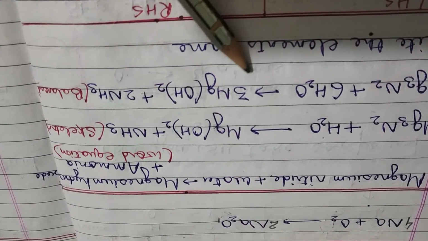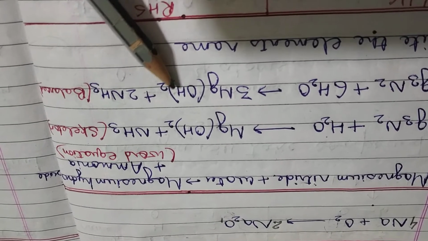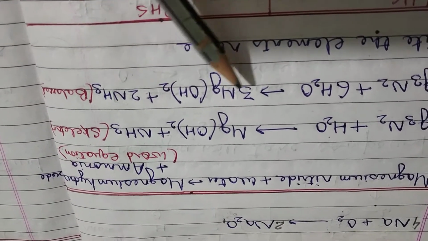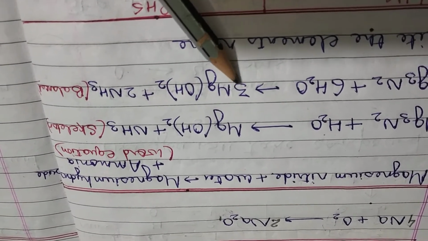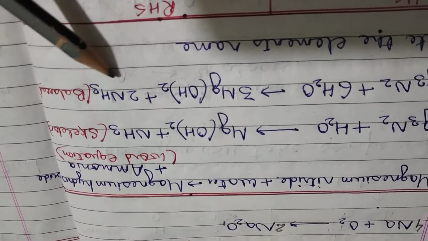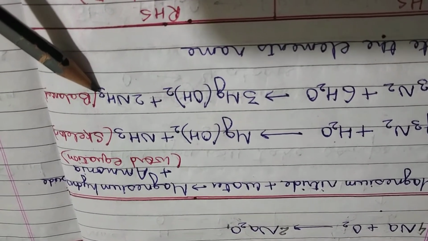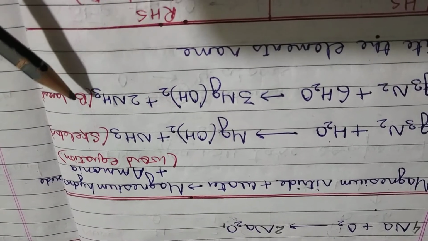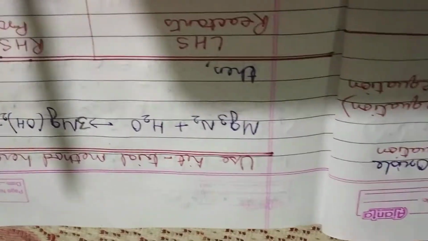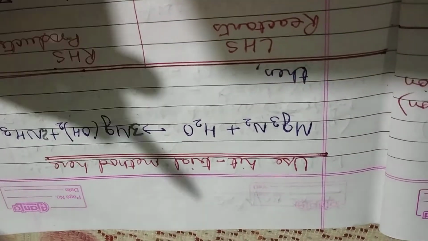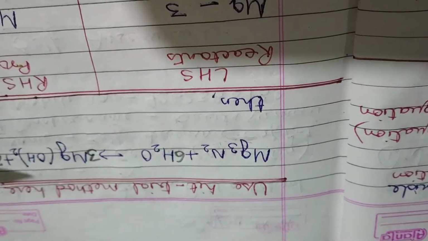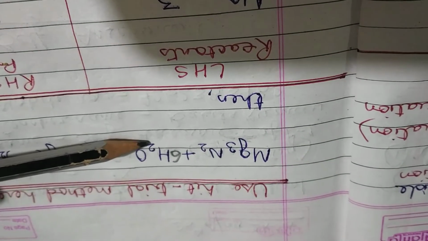Students, once again you will focus here. Here it is OH2. It means O is also 2 and hydrogen also has 2 atoms. Then you will multiply by this 3. 3 2s are 6. It means hydrogen is 6 here. And here 2 3s are 6. Then 6 plus 6, 12. Then we will balance the hydrogen here. We will write 6 here. Why will we write the 6 here? Because 6 2s are 12.